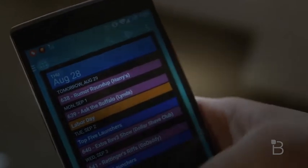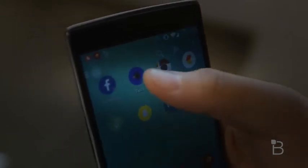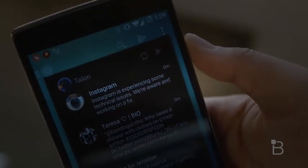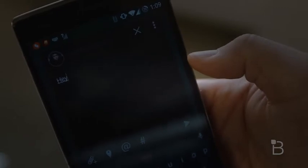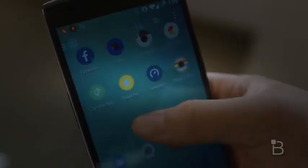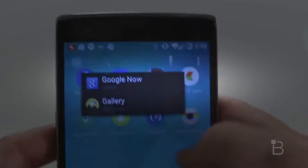They have this thing called shutters, which sort of acts like mini widgets for various apps, so if I swipe down in my calendar, it'll show me my agenda for the week, and that goes for the other supported apps as well. Twitter is supported, and I can view my timeline and compose a new tweet without having to launch the app if I want, and up at the top there's a few icons like search, where I can search